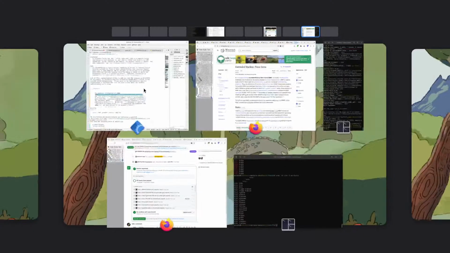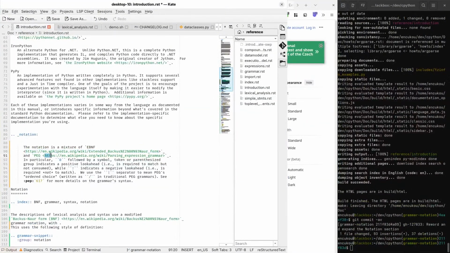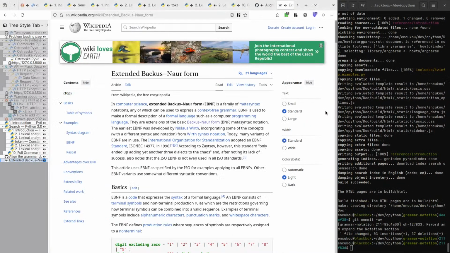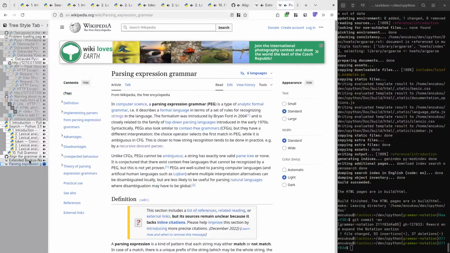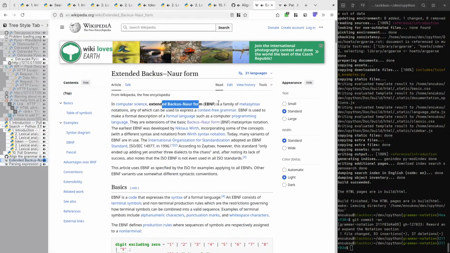Do some research, right? What does Wikipedia say about these, since we do link to Wikipedia? So this is a family of meta-syntax notations.